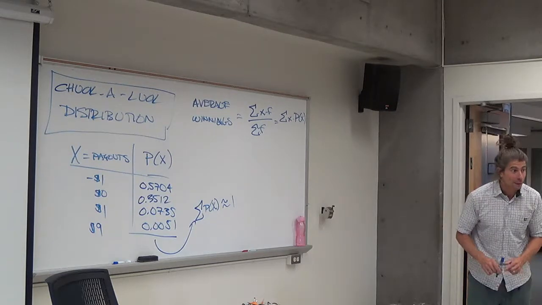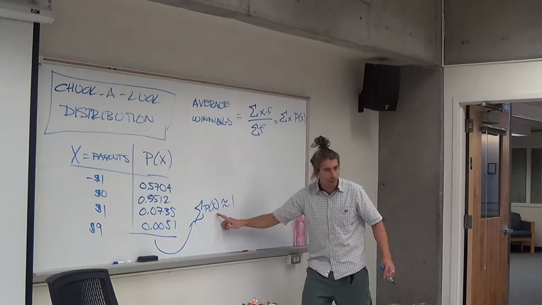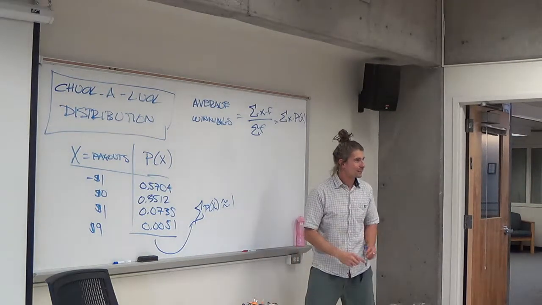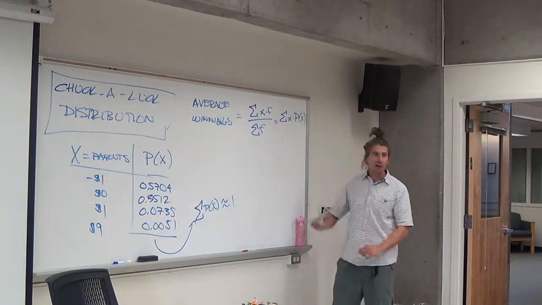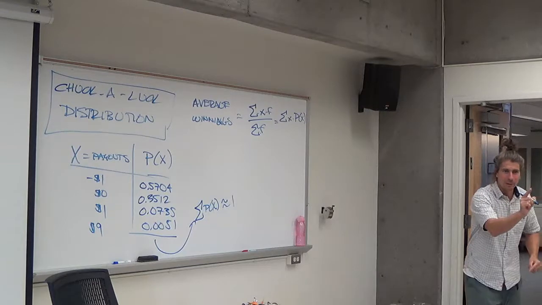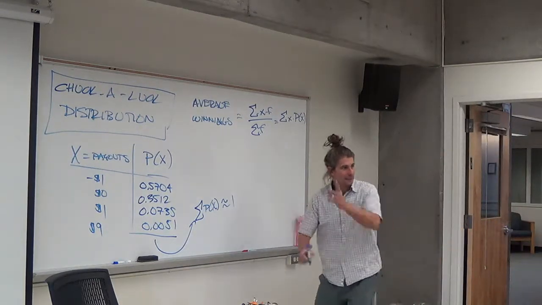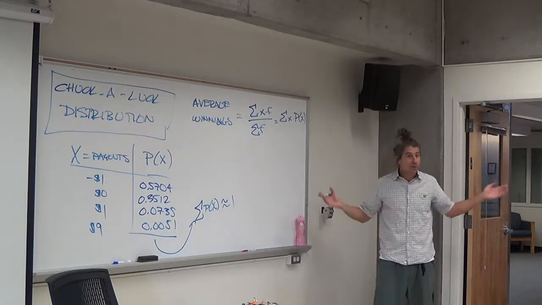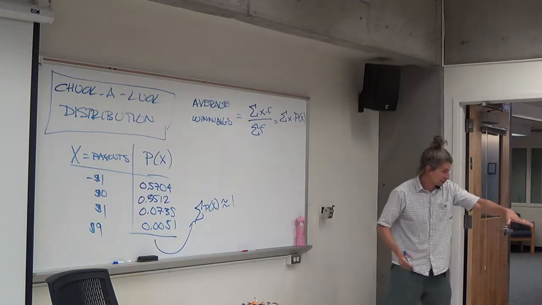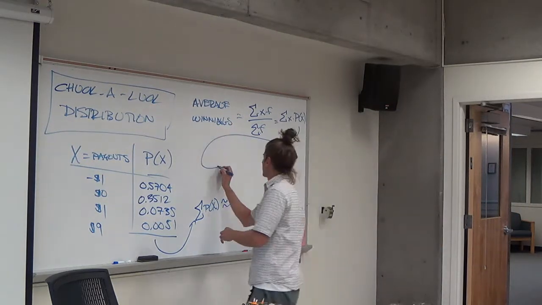Now here's where it gets totally badass. The sum of the frequencies would be the same as the sum of the probabilities, which is what? 1, which means that's all we have to do right there, calculating-wise. Each payout times its probability, plus the payout times the probability, plus the payout times the probability. It's like a dance. And just add them all together, and that's your average. It's wonderful, huh? Watch. Let's do it together. So it might seem scary because it's a formula. Let's get the formula out.